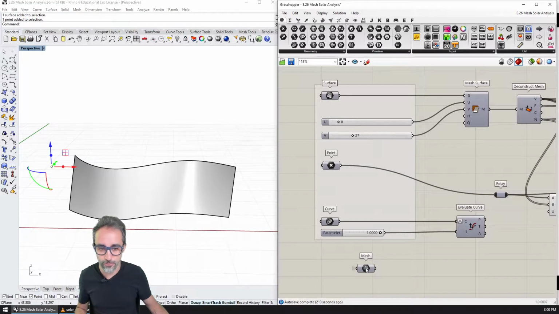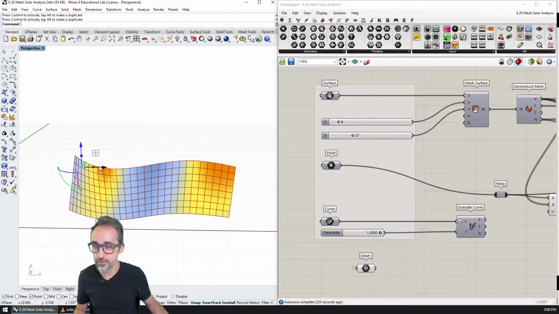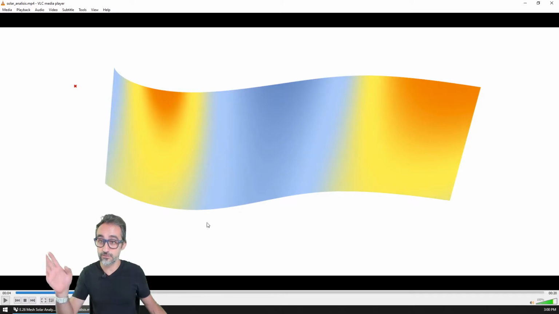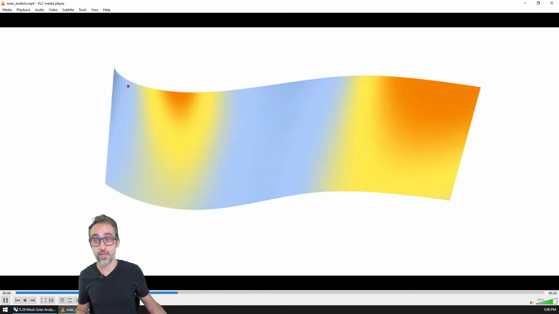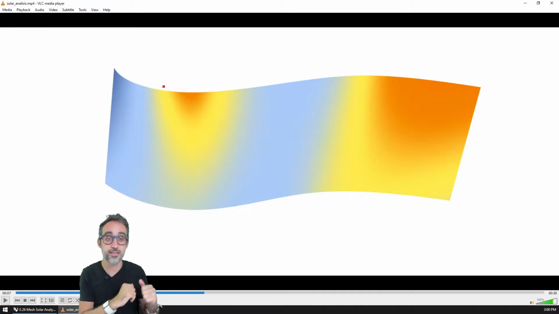So I'm going to turn on the mesh and then I'm going to hide this thing here, and you're going to see that the mesh is now colored with a code representing how strongly the sun is hitting its surface frontally. So you can see when it goes here, all this area is very frontal, whereas this area here is not. And then we're going to finish the exercise by making an animation of this, creating a video where we can see how, as the point moves, the change of this color gradient happens.